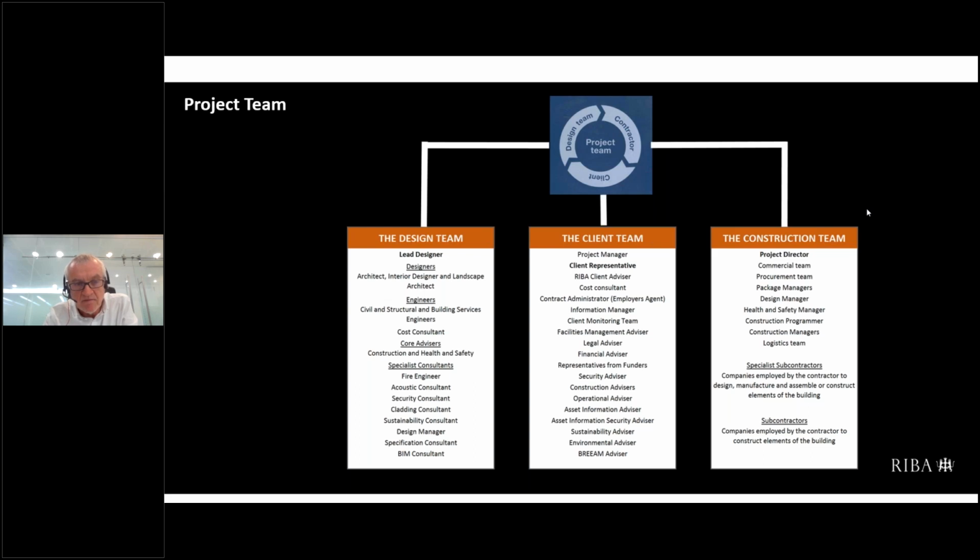I'm frequently the lead designer of some major projects, and one of the challenges that we have is, for example, is the security consultant in the design team, or is the security consultant working for the client. As you can see here, we've got a security consultant in the design team and one in the client team. So it's really important to understand who you're working for as the lead designer and who's in the design team and who's actually designing as part of what they do. Next slide.